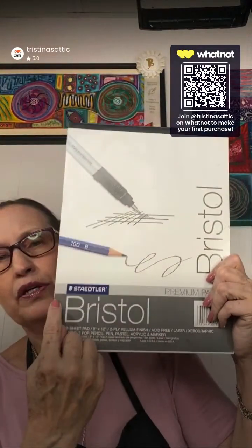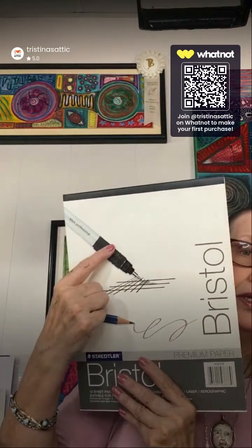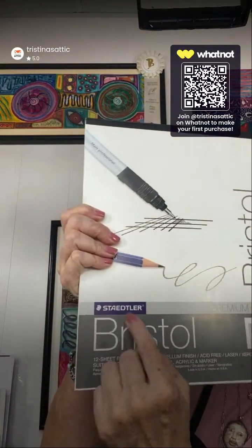Okay, hold on a moment. Let me set that aside. I have lots of things here. Now, if you do a lot of marker work, like some people work quite a bit with markers, then you may already have on hand something called Bristol paper. Bristol paper is a smooth paper that's in general used for, as you can see on here, pen and pencil work. However, some of them, and this one in particular by Strathmore,